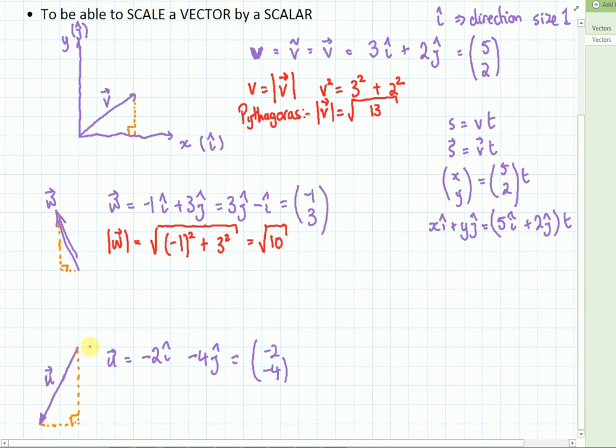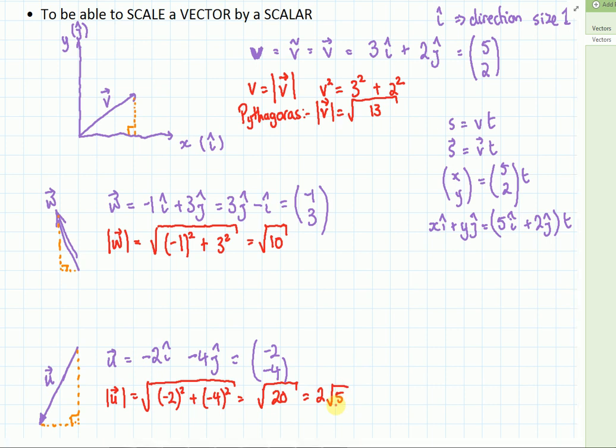And the length of u is equal to the square root of (-2) squared plus (-4) squared. That is the square root of 20, which is 2 square root 5. So that's us calculating the